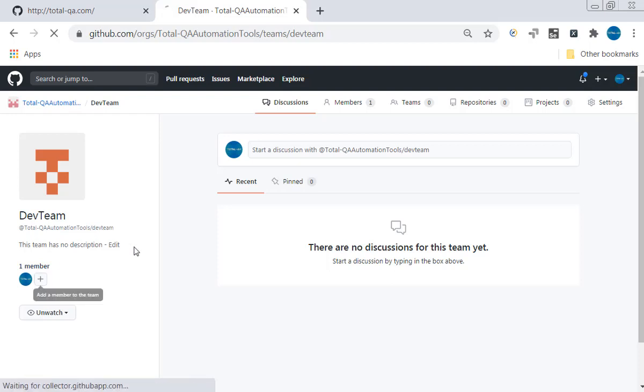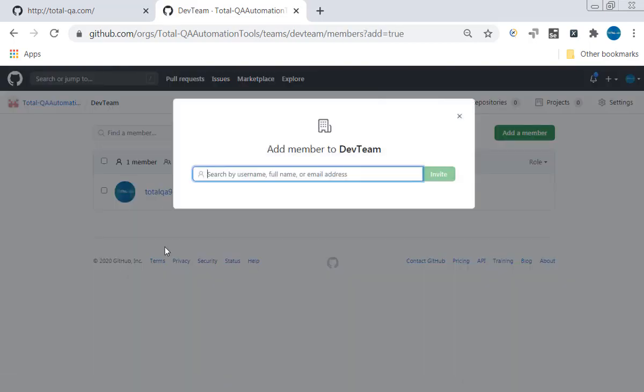And we can add the members to the dev team and we can provide the access to the organization. Whoever is having the access to the organization, they can easily access any of the repository.